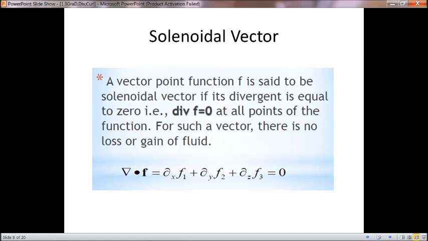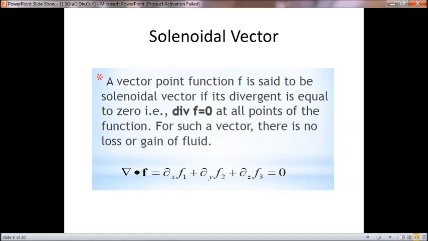Wound means positive direction, negative direction, positive direction alternately come. If they alternately come, it gets cancelled out at all the points. So the divergence won't be there; everything will get cancelled out. Diverge out and diverge in both get cancelled out, and so for a solenoidal function this del dot f will be 0. That is one of the properties we have to check with the divergence function. If a function is given, to find whether it is solenoidal or not, we can apply the divergence function to check. We will see problems based on this. So divergence of f will be 0 at all points of the function.